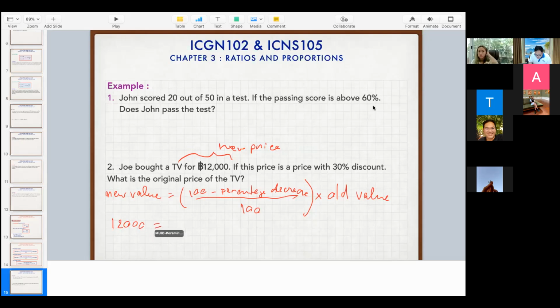It comes from 100 minus percentage decrease. You can see that you answered me that 30% discount is the decreasing of the price นะครับ, and this is the percentage, so 30% is the percentage decrease นะครับ. You just enter 30, not 30%, just enter 30 is enough, over 100, multiply by old value. You don't know the old value, you are finding it. If I replace the words old value by x,